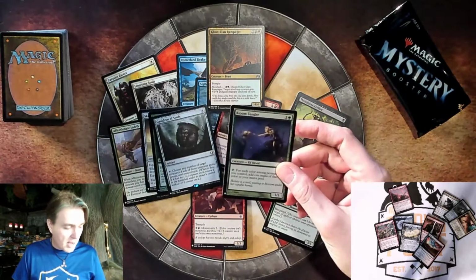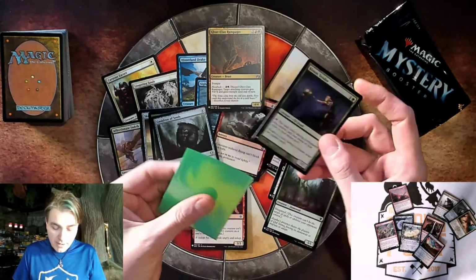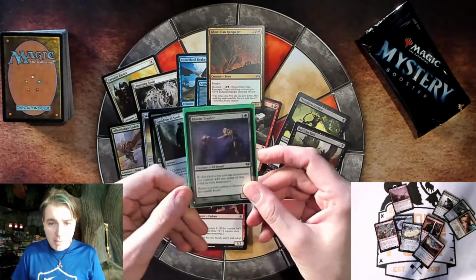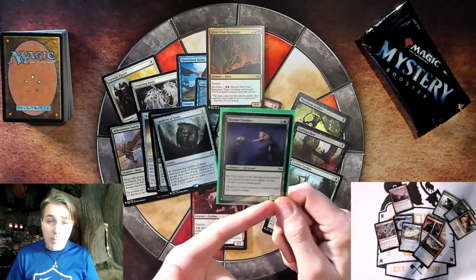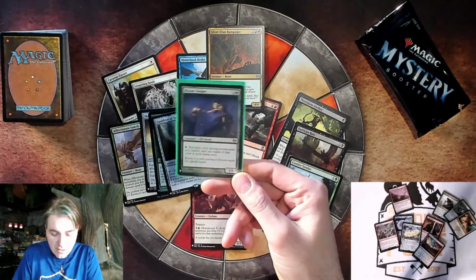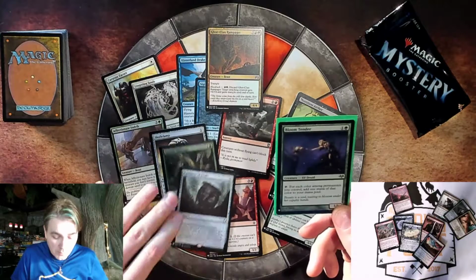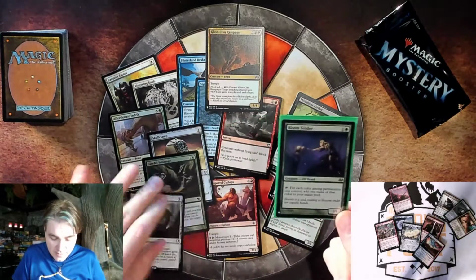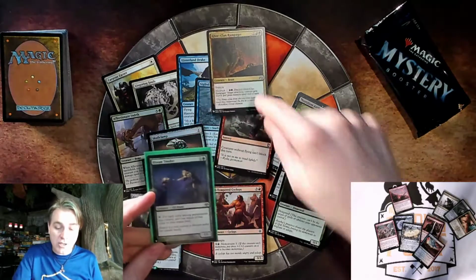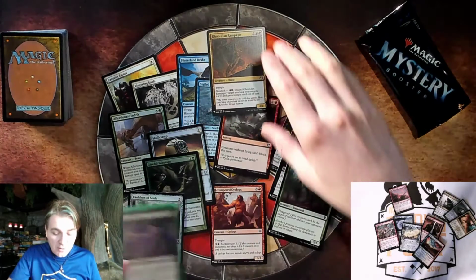So Bloom Tender, I'm just going to immediately put my nice little Dragon Shield sleeve here and put the Bloom Tender in the sleeve. Okay, so let's talk about Bloom Tender. Would this be a pack one, pick one? If this was my first pack of picking, I would pick Bloom Tender, and then I would hope for things like the Affectionate Indrik, the Cyclops, high mana cost things to come rolling around, especially the Gore Clan Rampager. And I would definitely build a